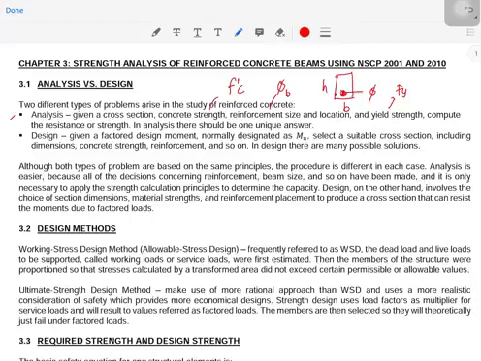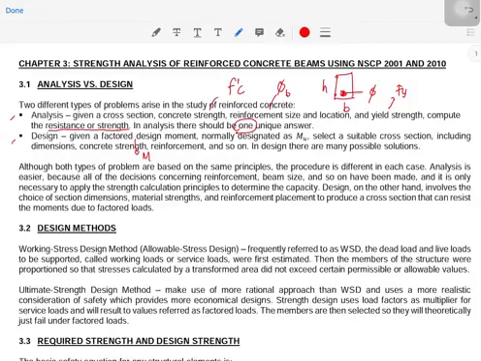Then here we are tasked to compute the resistance or the strength of the beam. So in the analysis, take note, there should be one unique answer, because our beam has a specific strength or specific resistance on particular loads. So we also have the design, wherein given the factored design moment,